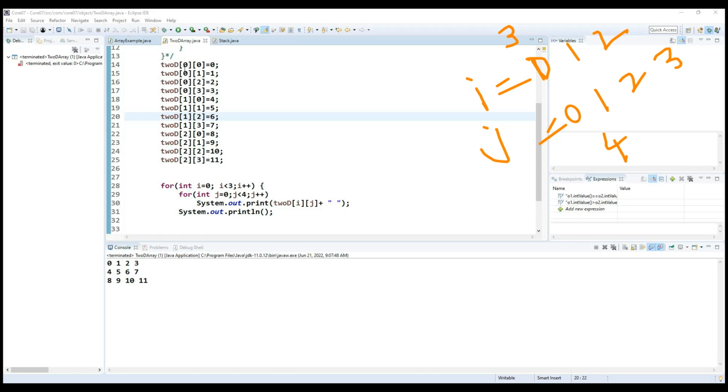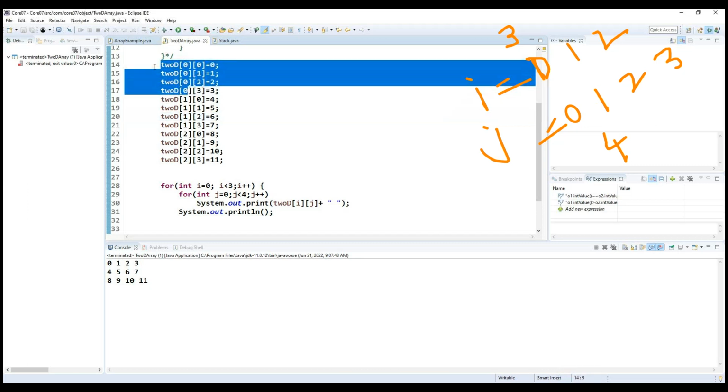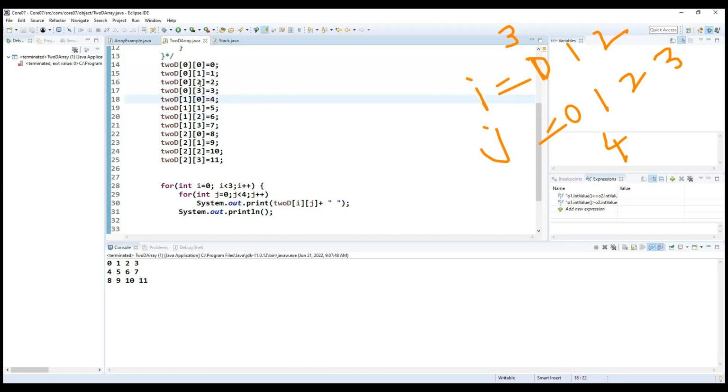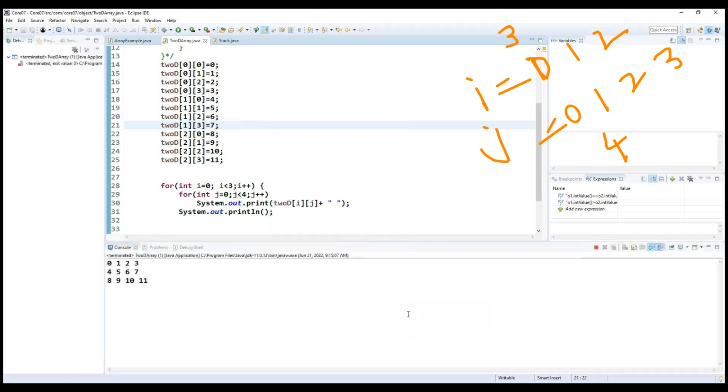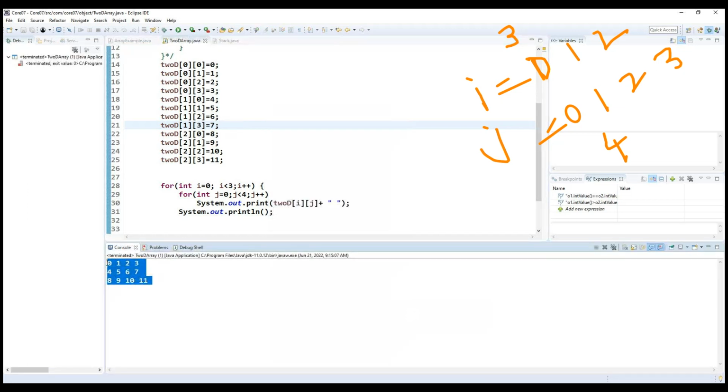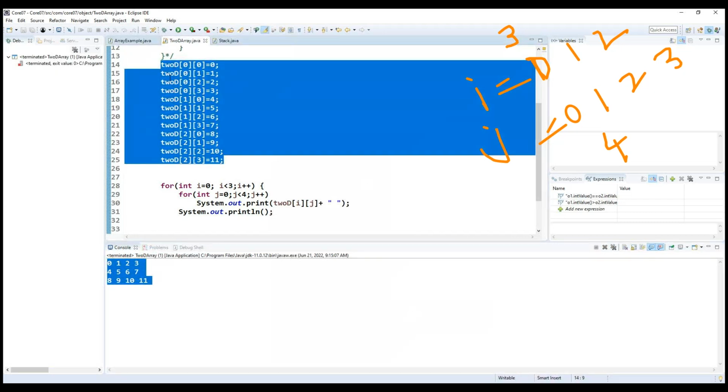Whenever I write here, it will start with 0 and repeat 4 times. Okay, 0 1 2 3, and later we are updating i value 1, 0 1 2 3, and later we are updating this to 2. So if I print here, we'll get the same output. Now you can see the same output,